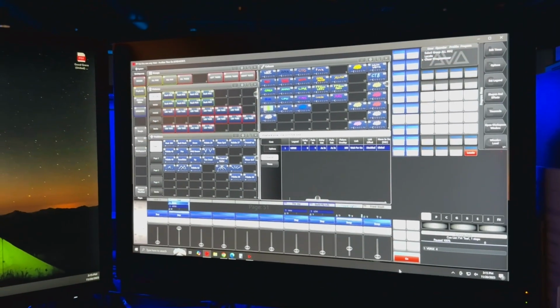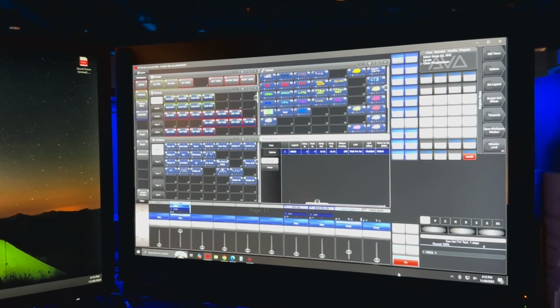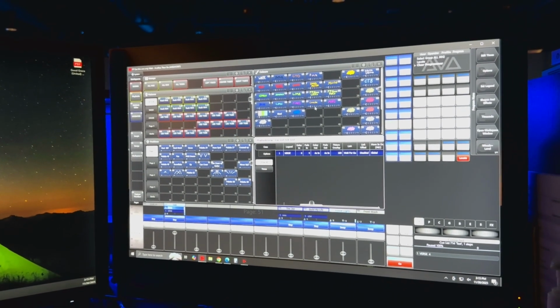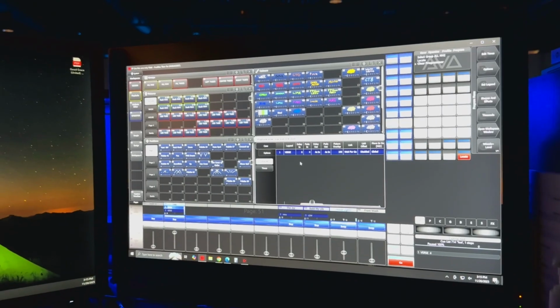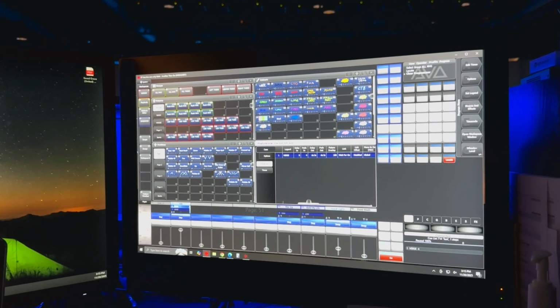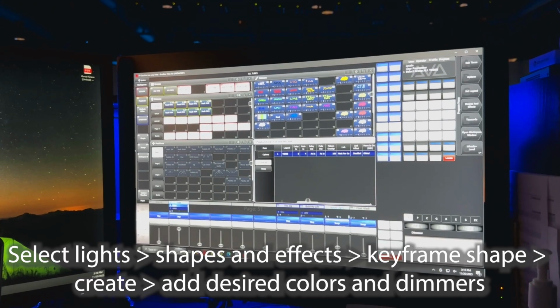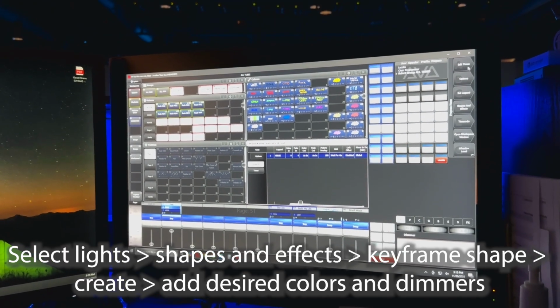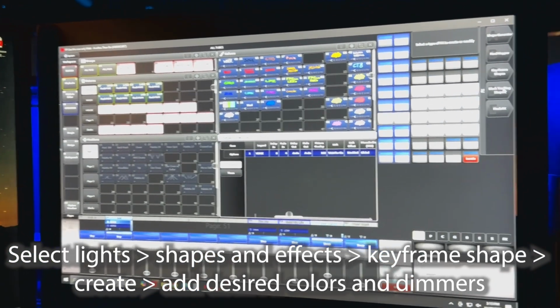Now that we have a verse, let's say we want to go to a chorus next. So let's add a little movement. So I'm going to show you how to create a keyframe shape. So with the tubes, we'll select tubes, go to Shapes and Effects on the right program menu, Shapes and Effects, keyframe shape,